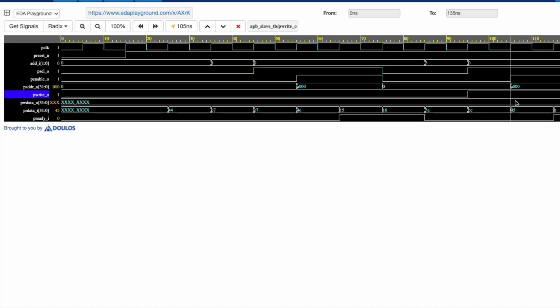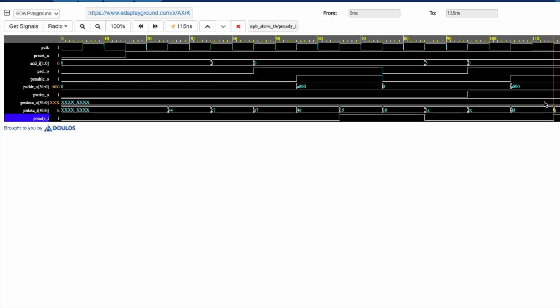So our P write became 1 here, and our P write data was still X. So this is not working correctly. We need to fix that. P read data and P ready are not of importance here. We get a P ready here, but we are giving out X's, which needs to be fixed.